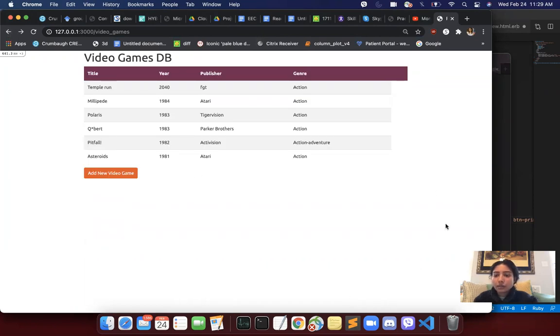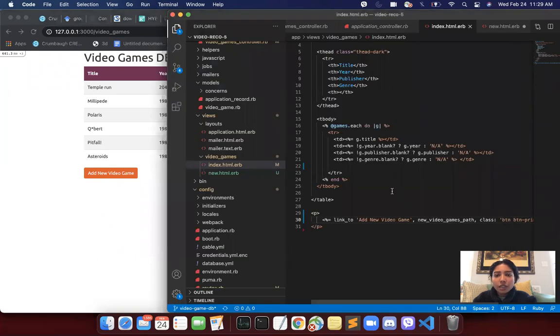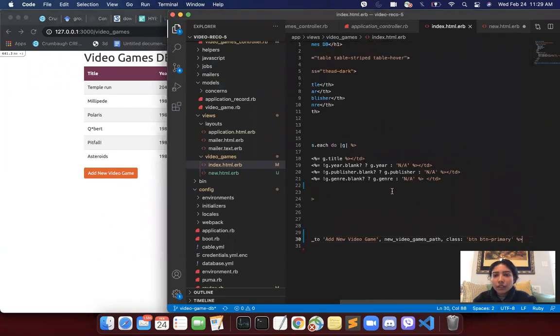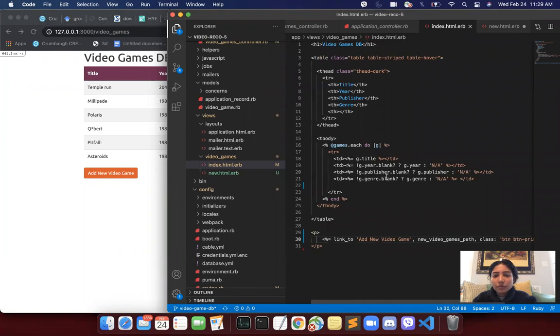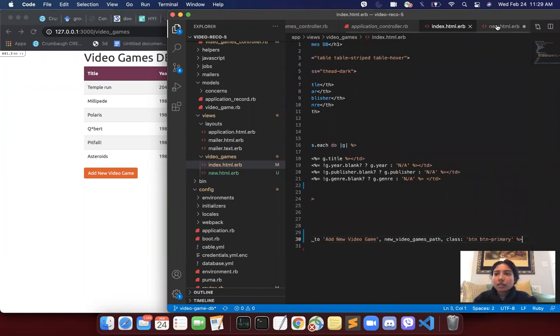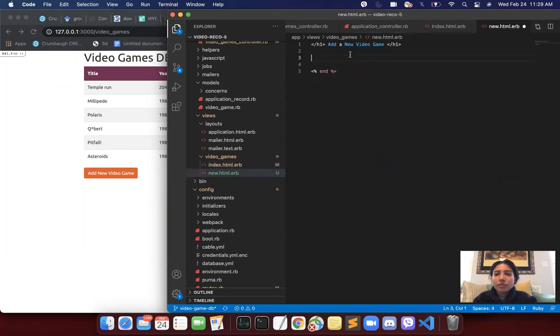So now it's fine, and now we need to add the attributes to this create new page, and